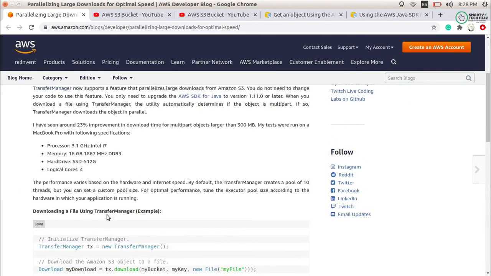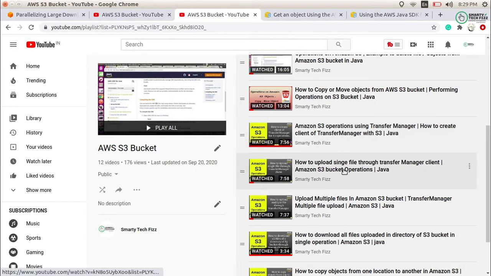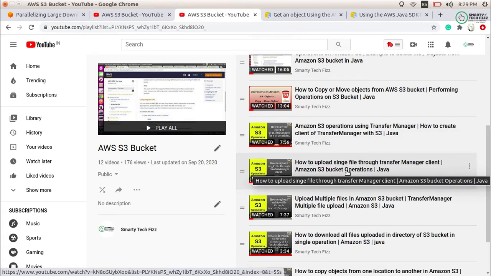That is the high level API. I am not going to implement it in this video because we have already implemented it in another video that has been shared in this playlist, so you can find both upload and download in that single video. Using that video you will be able to use the transfer manager client to download the large file.